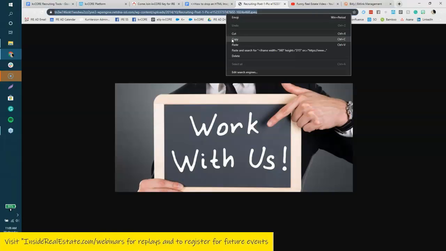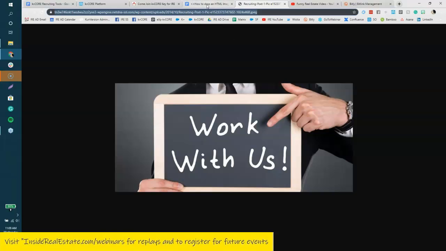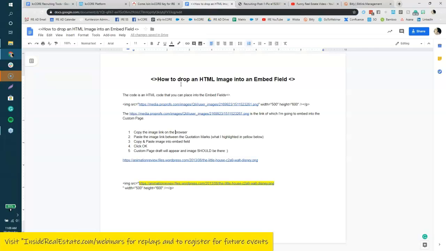Take your link and copy it, and then you can actually drop an HTML image into an embed field. And this will walk you through it. And I did include these instructions within the document. But basically, what you'll do is you're going to grab your image link,